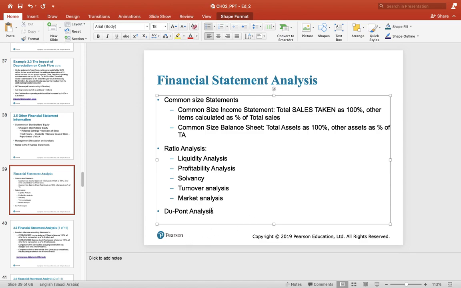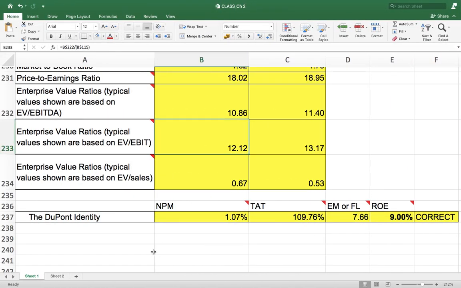Here, the return on equity is decomposed, so that we can know where we are, into basically three more ratios. Further, it is extended to five more ratios. So we'll take the three more ratios here. So let us do it in the spreadsheet, in the modeling, how we do it.